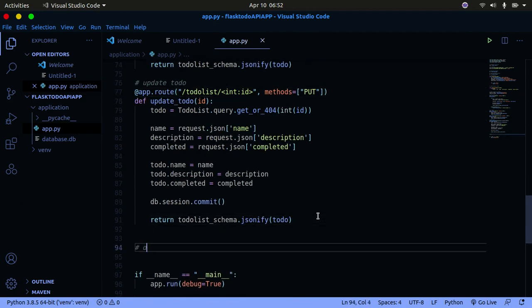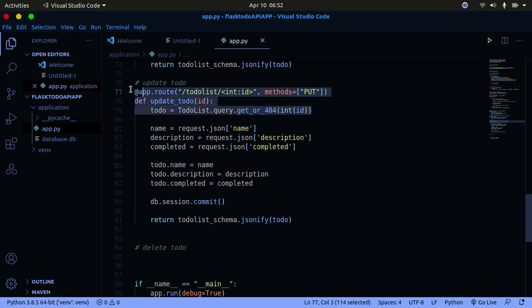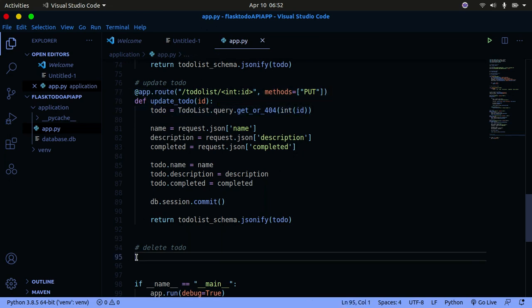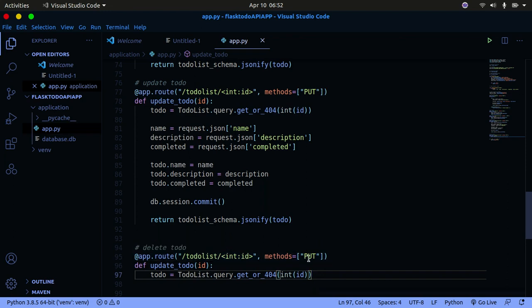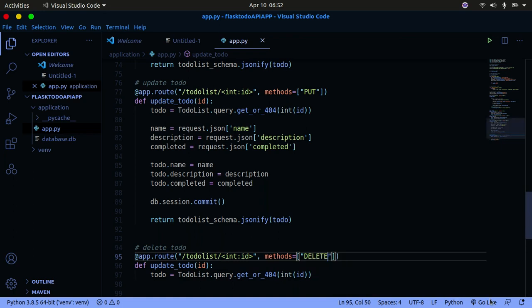So I'm going to say delete todo. So delete todo is just going to follow the same syntax as this one. So we can just go and copy this part out, and then I'll modify it. So paste it here, and then this is going to be todo, and then it's going to be a delete method. So this is going to be DELETE all uppercase. This is blocking my view. So DELETE all uppercase, and this is going to be just